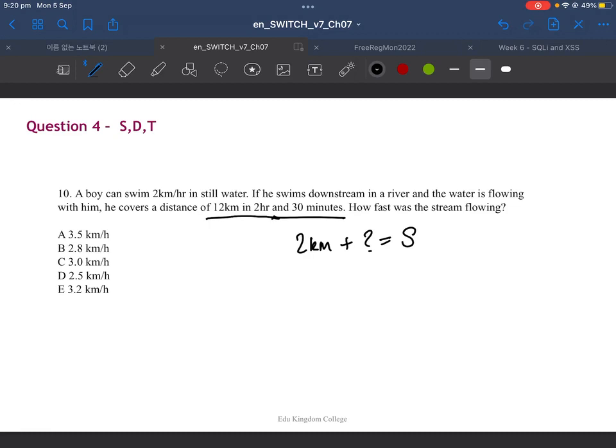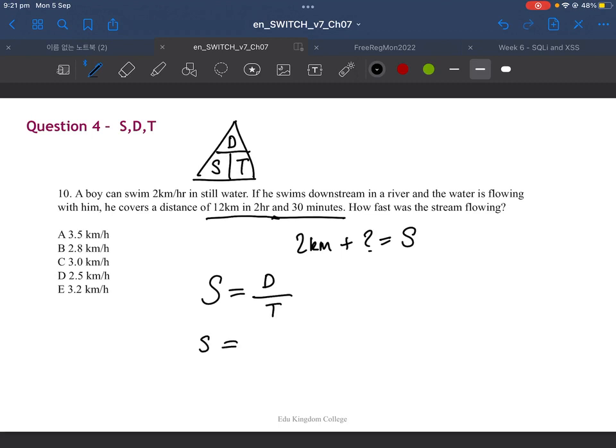Now this is where we pull out the formula: speed equals distance over time. Some of you I've been teaching, I've given you the pyramid: speed, distance, and time. Whichever we're trying to find, we cover. So imagine I'm looking for speed, I cover up speed, and I get left with D over T. Since speed is distance over time,